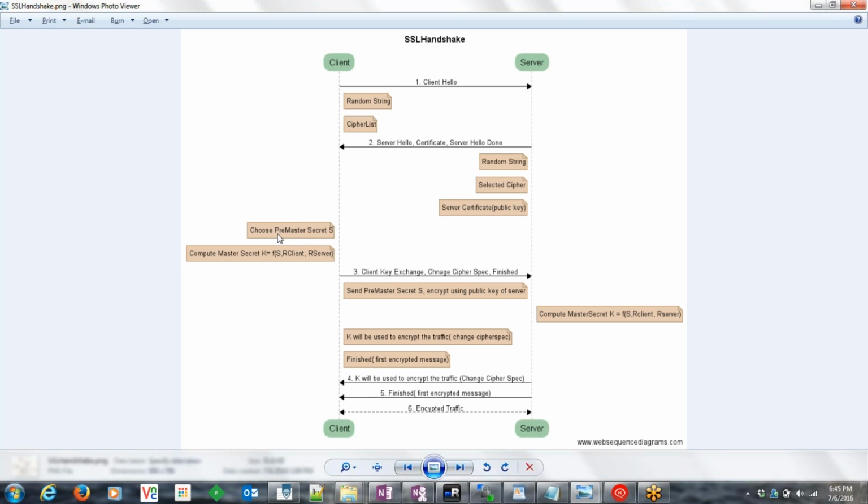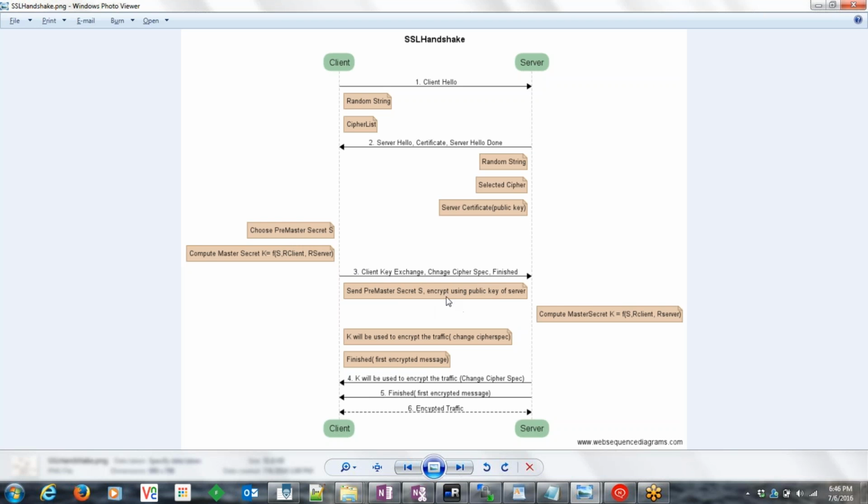This pre-master secret key is used with the random string which the client has generated and the random string which the server has generated to create a master secret key. Then, after creating the master secret key,